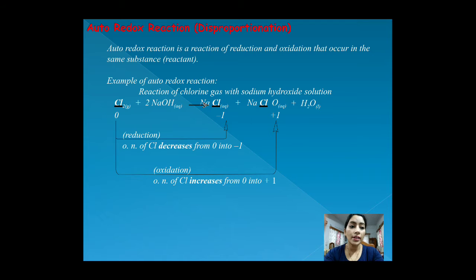So we have studied different types of definitions of oxidation and reduction. The first, preliminary definition: addition of oxygen and removal of hydrogen is oxidation. Second: removal or donation of electrons is oxidation, and acceptance of electrons is reduction. Now the advanced definition in terms of oxidation state: a decrement in the oxidation state is reduction, and an increment in the oxidation state is oxidation.